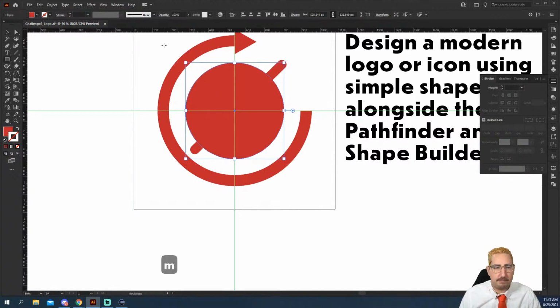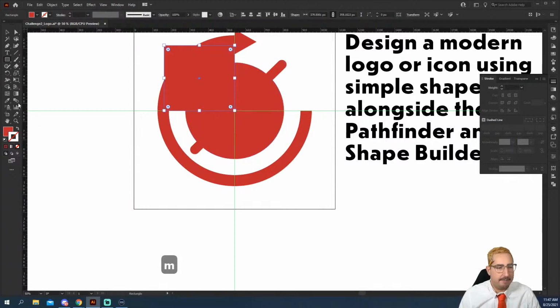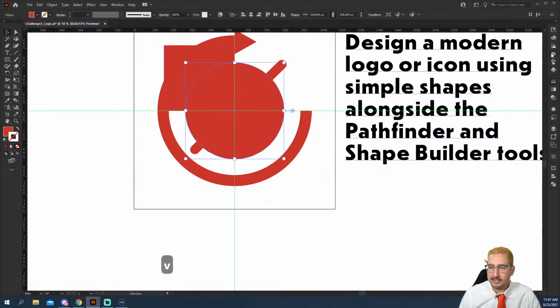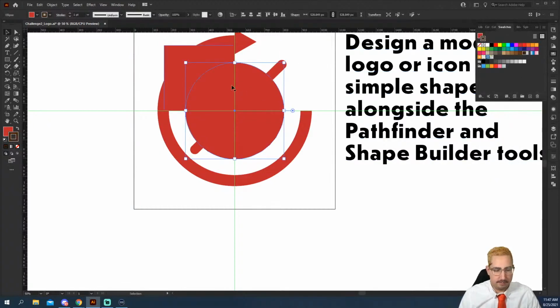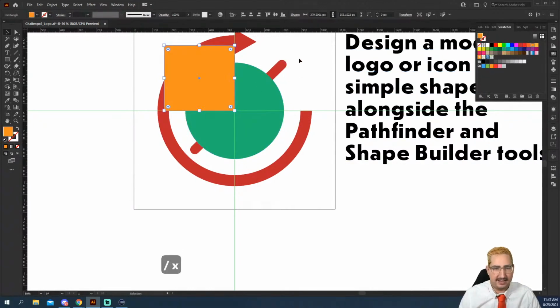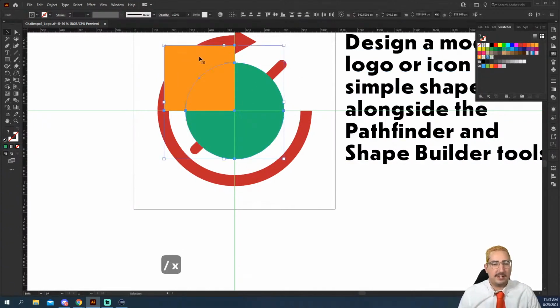Now we could use the Shape Builder tool, but what I want to do is grab a rectangle, just hitting M or grabbing the rectangle shape here. And I can select the rectangle and the circle. Let's make these different colors so y'all can see them. Oops, not a stroke. Again, I've got weird fingers today hitting all the wrong keys. So we're going to grab these two, and we actually want to only keep what is overlapping, right? So we only want this middle piece that's overlapping.